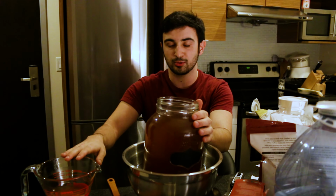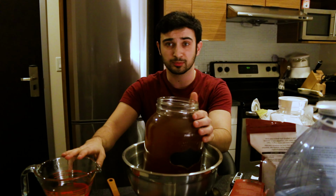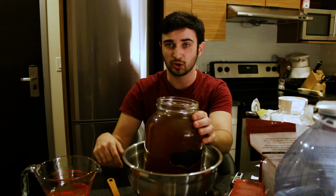kombucha cool down. What I like to do to make it cool down faster is put it in a nice ice bucket. Once you've cooled down the tea to room temperature, you're gonna add in some kombucha from a previous round or from store-bought, and you're gonna add the SCOBY. It's important for it to be at room temperature, otherwise you're gonna kill the SCOBY, and that would be very,